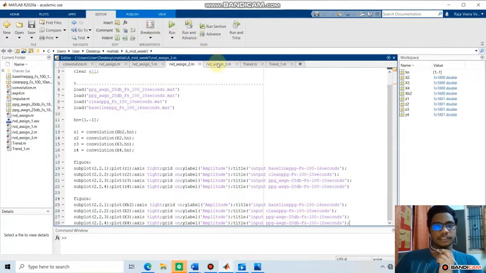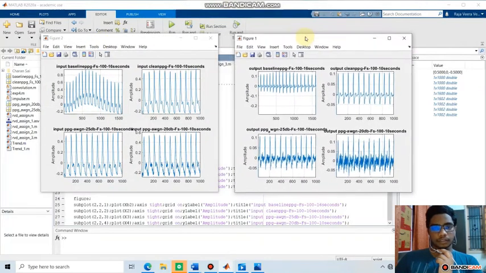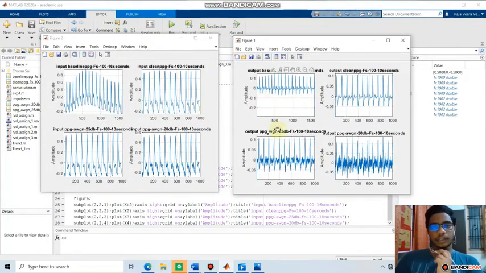Now similarly for system 4, we load the given input signals. The value of h of n will be 1 by 2, 0 and minus 1 by 2, and then we call the convolution function for the four input signals and obtain z1, z2, z3 and z4, and then plot the values. When we run the code, we obtain the input and output signals. This is the output signal obtained after convolution for the fourth system.